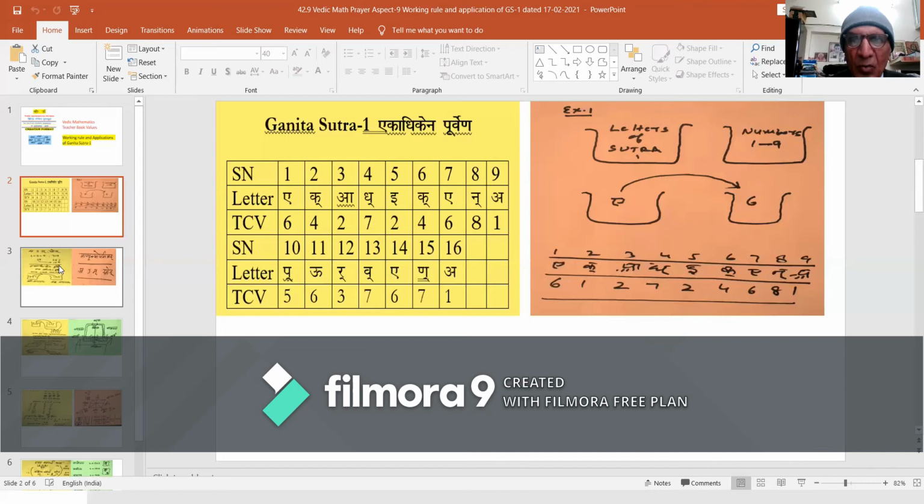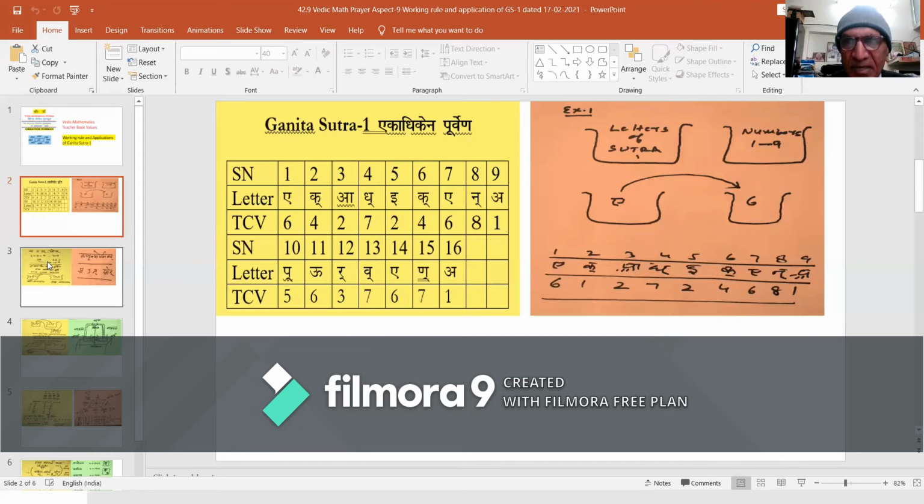It is here where we can see that this sequential correspondence, as sequential steps of application of the rule of Ganita Sutra 1, in a way will further help us organize the text Ekadhiken Purven as a values range. The 16 letters text of Ganita Sutra 1 will take us to